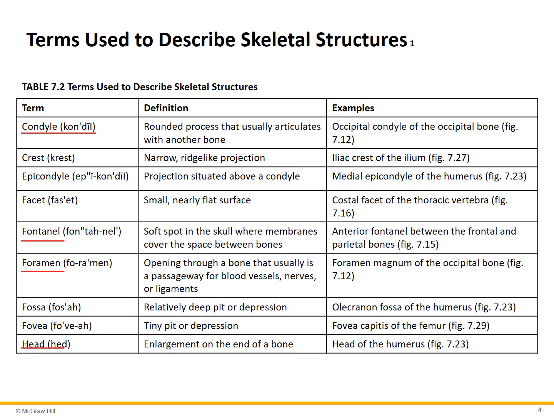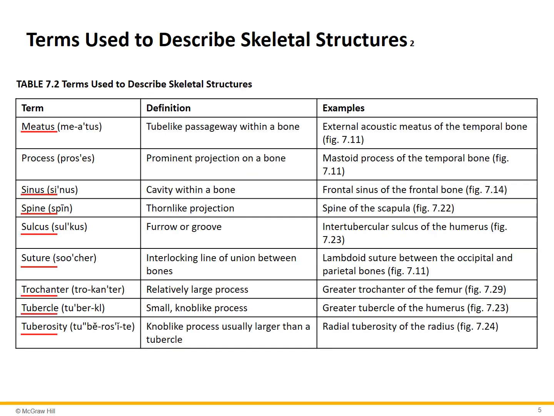Fossa, I don't have that underlined. I just underlined the ones that are most prevalent. But that's like a deep depression. A head is an enlargement on the end of a long bone. So we have the head of the femur, head of the humerus. We have one structure we'll study, which is a meatus, and that is a tube-like passageway, such as the external